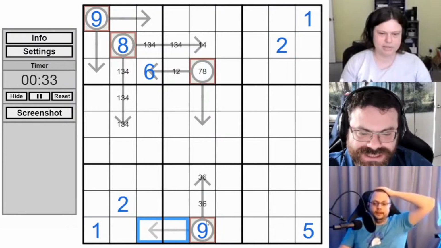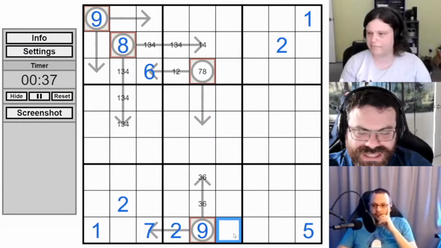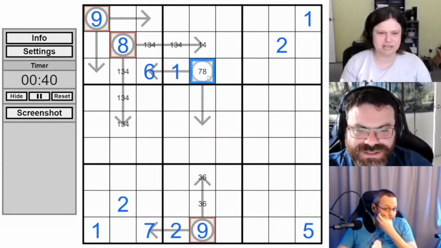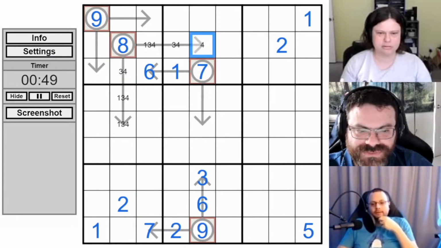Yeah, completely forced. It's got to be 2, 7, and the 2's already placed in box 7. Yeah, so that's placed. That 2 sees it, making a bunch of digits. Nice, it is good to get 1 and 7, and that gives 3 and 6. Oh, that's sweet. Oh, cool, because of the indexing, right? Okay. And so now these are now 1s. Oh, that places the 4.